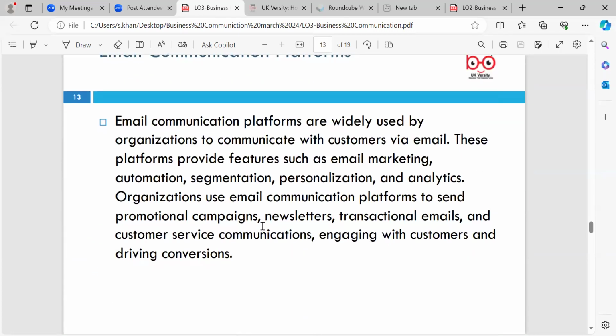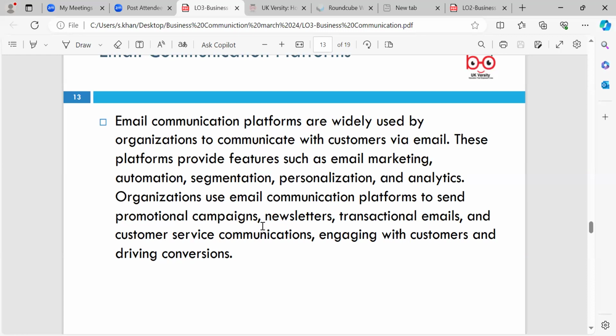Email communication platforms are widely used by organizations to communicate with customers via email. So this is a big platform that is used by a lot of organizations to work with people through emails rather than using other software. These platforms provide features such as email marketing, automation, segmentation, personalization, and analytics. Organizations use email communication platforms to send promotional campaigns, newsletters, transactional emails, and customer service communications, engaging